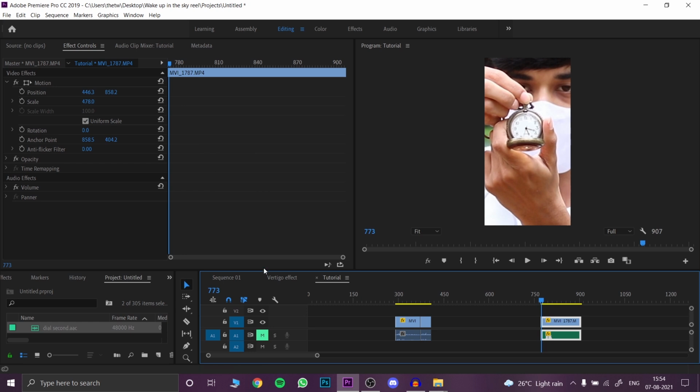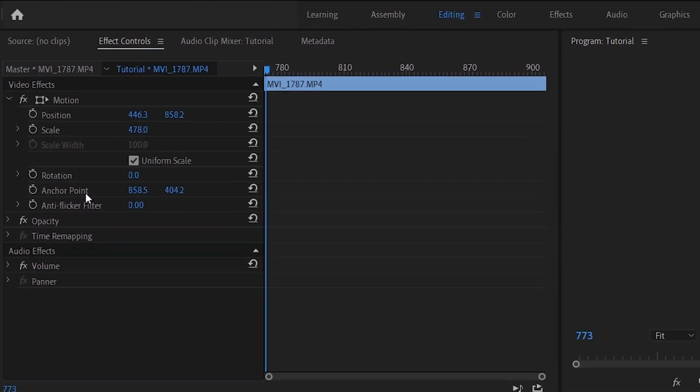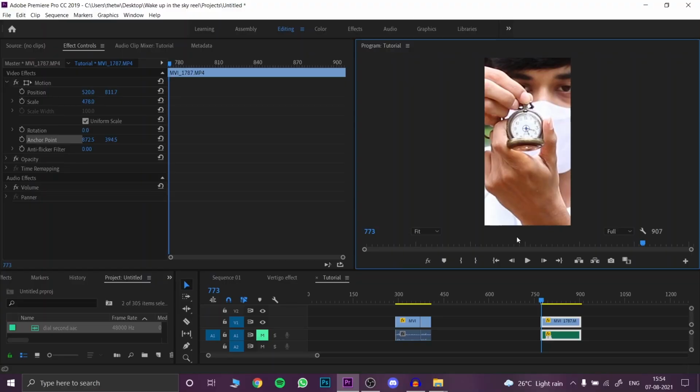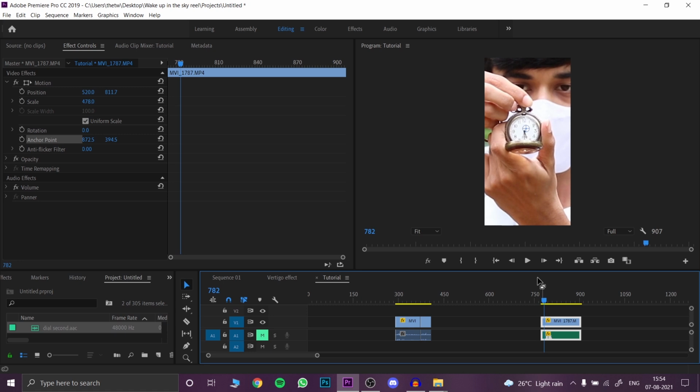Okay, so now you have your subject in the center of the frame and you want to start rotating your frame with the needle. One very important thing that you'll want to do is click on anchor point and bring this target marker on the center of your dial, so that now when you use the rotation tab to rotate your footage, it will rotate about this point and it will make your job much easier. Now I want my minute hand to always be pointing at the bottom, so I'll wait till the minute hand reaches the bottom, and from here I'll start rotating the frame.